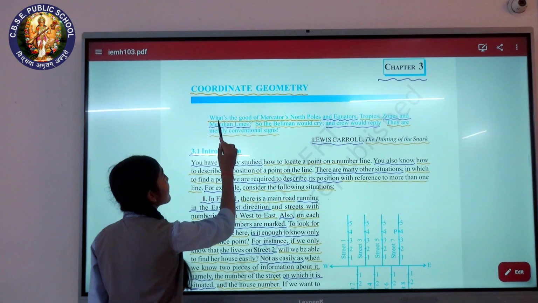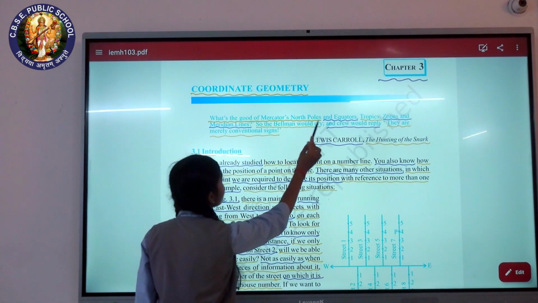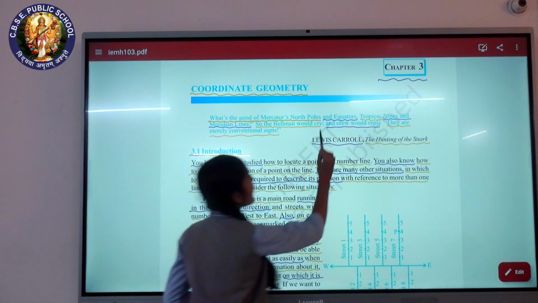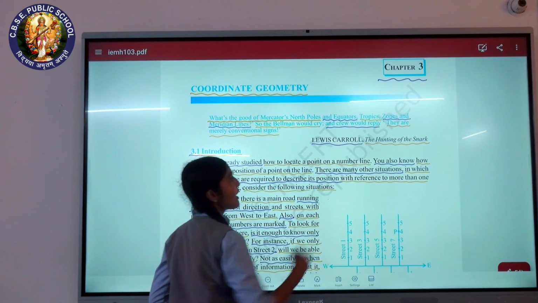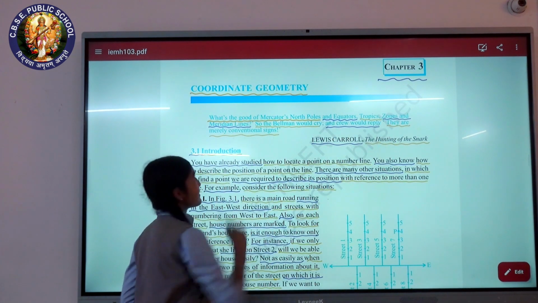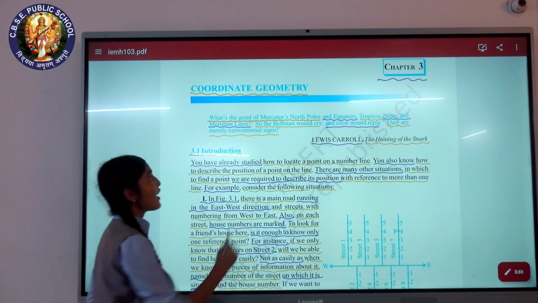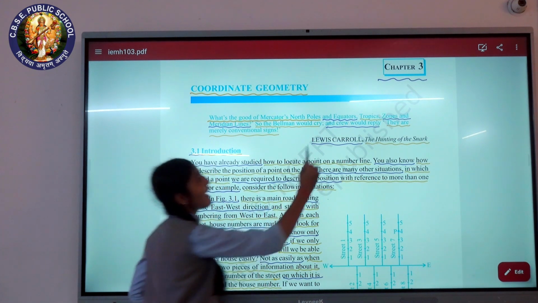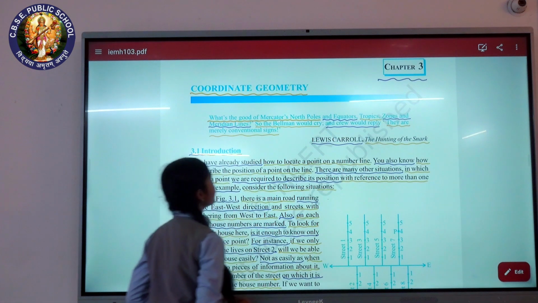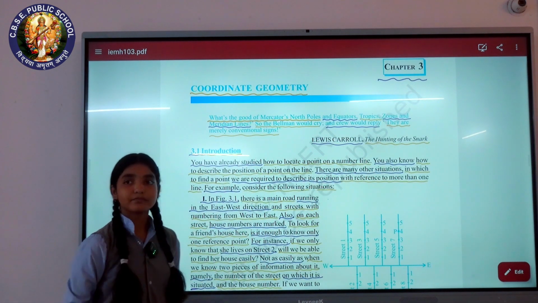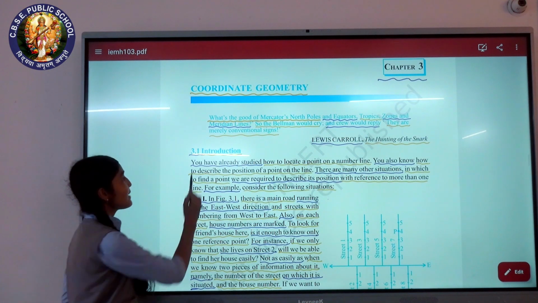Coordinate geometry. What's the good of Mercator's north poles and equators, tropics, zones and meridian lines? So the bellman would cry, and Q would reply, they are merely conventional signs. 3.1